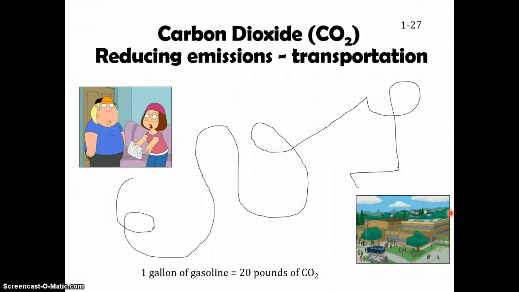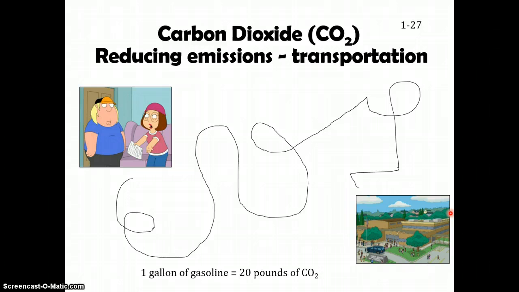So one of the major ways that greenhouse gases are being released is, first of all, carbon dioxide is the one we release the most, and it's released from the burning of fossil fuels. So with transportation, you know that cars and buses take gasoline, and that's a form of oil. You burn that gasoline in the engine, and you're going to release carbon dioxide. So the kind of transportation you take is really going to affect how much carbon dioxide and greenhouse gases you're releasing. So let's go through an example.